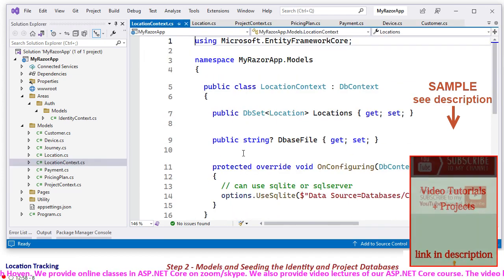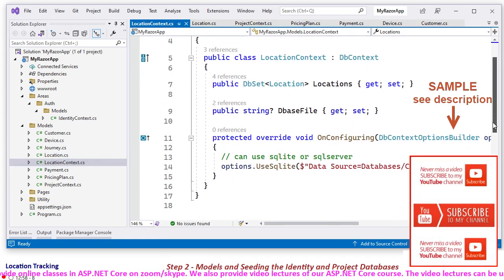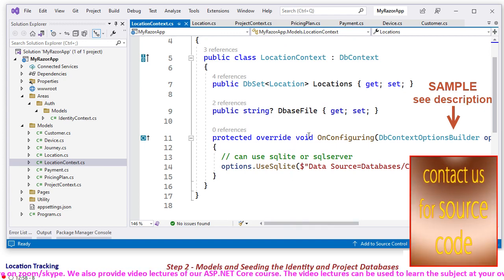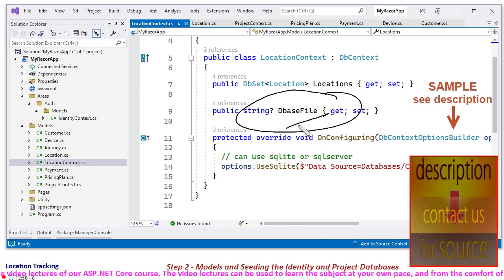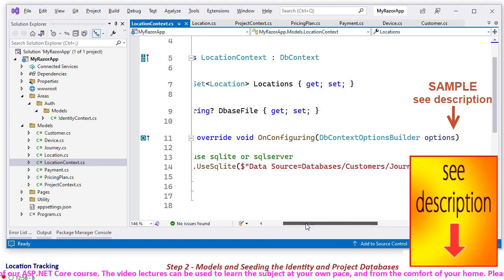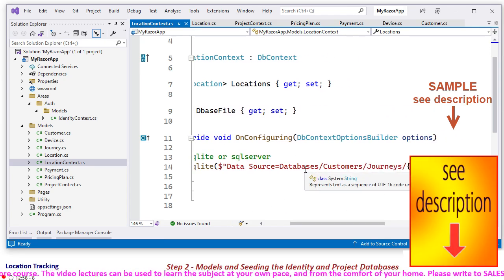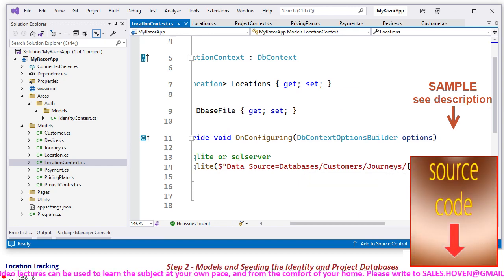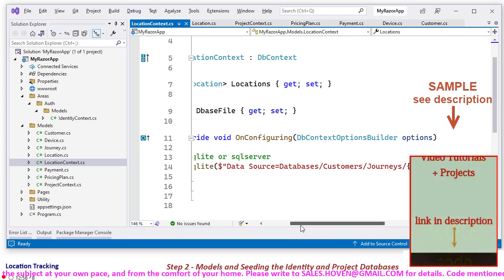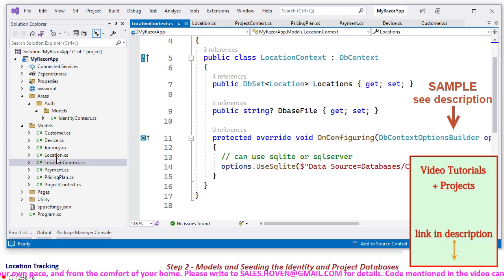The location context: there is a property DbFile. This property will store the ID of the customer, and each customer will have his own file in the database's customers journeys folder. This will be the name of the file, and this location